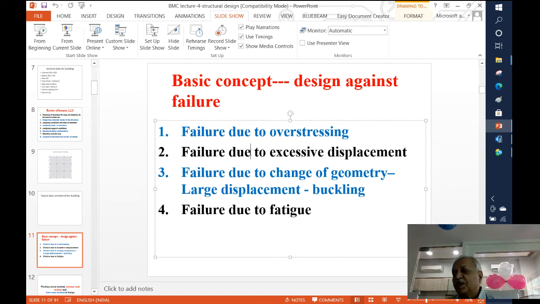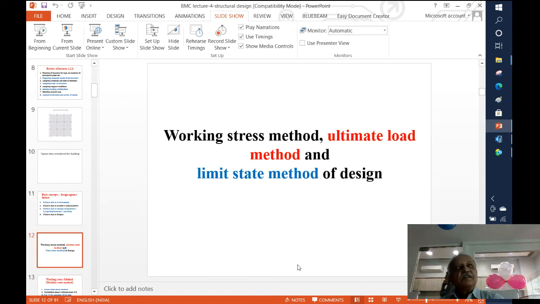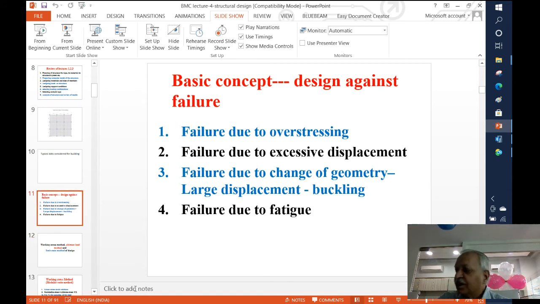So we must ensure what the criteria are to restrict the stresses so that fatigue failure doesn't occur. Fatigue is another kind of failure which you have to anticipate in the given situation and then guard against. So for considering the failure of the structure, you must anticipate what kind of failure would occur and then guard against that kind of failure.